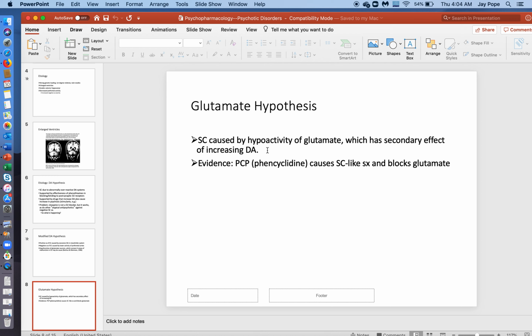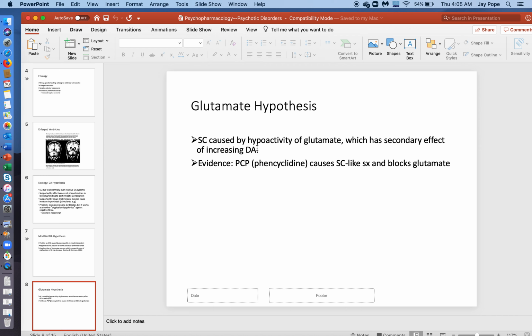So you may have heard of something like this before when we talked about serotonin and norepinephrine. Remember how we said that serotonin works not as a kind of happiness drug or chemical or neurotransmitter in the body, but because serotonin works to regulate the amount of norepinephrine we have. You'll remember that when we were talking about depression. Well, glutamate has that same kind of relationship with dopamine. The more glutamate we have, the more we can regulate the amount of dopamine that we have. So if we don't have a lot of glutamate, it's going to decrease the amount of dopamine that we have.